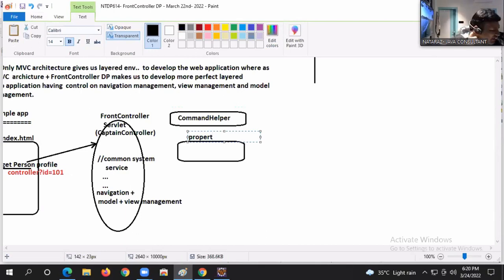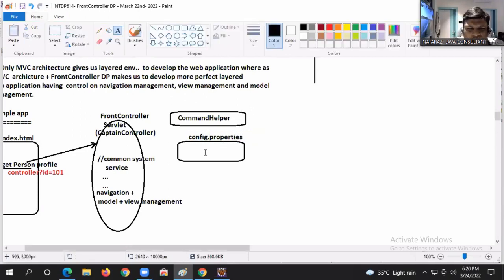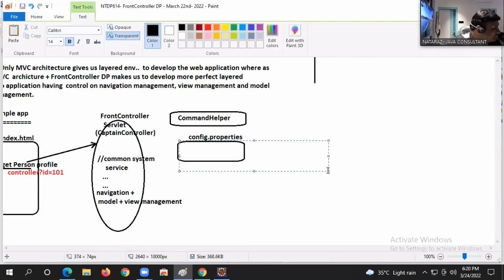What kind of name can you give, guys? I'm preferring to take config.properties. What does this config.properties say, guys? Very simple. If the incoming request is